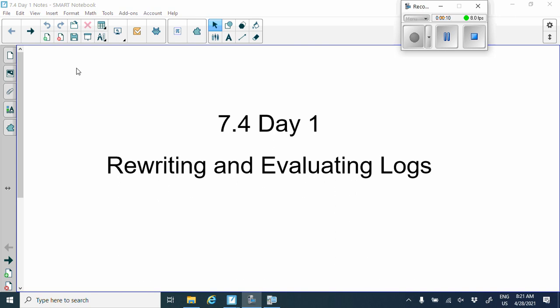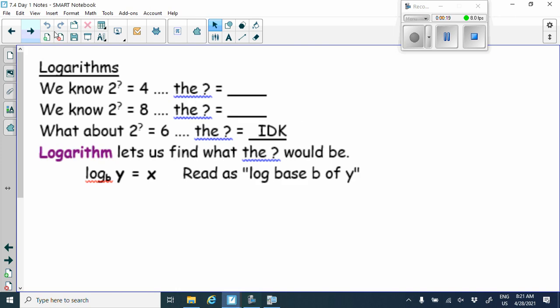What are they? Well, they are going to be the inverse. Remember we talked about inverse functions? They are the inverse of exponentials, and they look like this. Okay, well, we'll get to that. First of all, let's say we want to figure out the exponent, meaning that if we think about